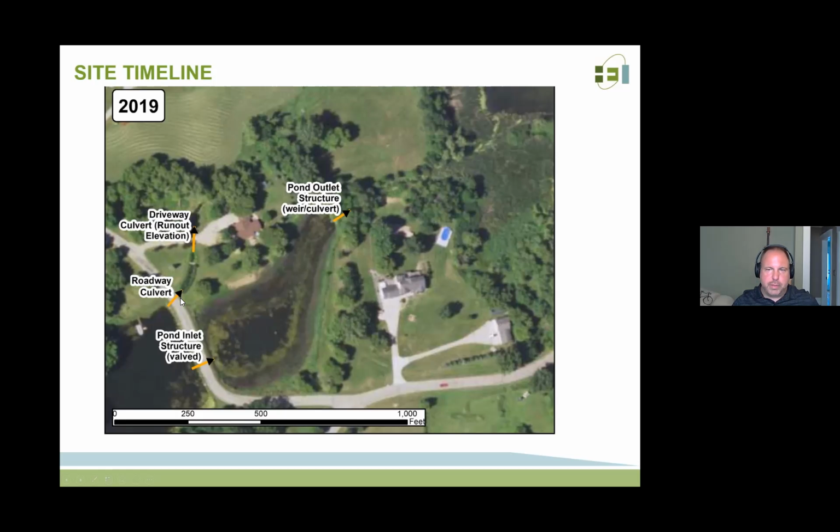But they allowed the primary outlet of the lake to just be through this roadway culvert. Now, at the time, in the late 1980s, when they stopped using the pond, this property wasn't developed. So what you had here was an actual channel that just ran through here. So ignore the driveway. What likely happened is when they developed this property and built this driveway, they had to put a culvert in underneath the driveway because you can't block the flow from passing through here. And when they set that culvert, the elevation was about 3/4 of a foot higher than this